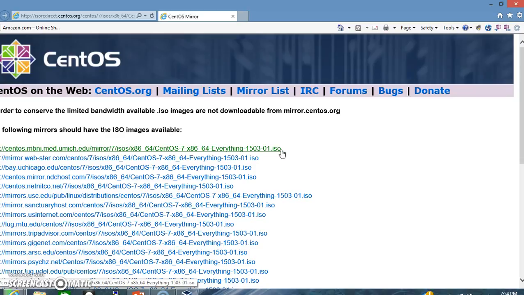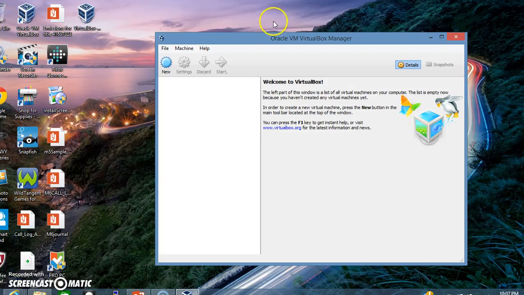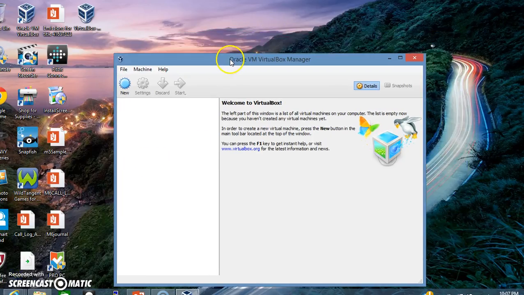And it takes several hours because it's about 8 gigs in size. And as you can imagine, that takes quite a bit of time. So I'm going to go ahead and skip to the part where we actually start installing, I should say, the CentOS 7 into the VirtualBox manager environment. Okay, so now we're back to the Oracle VM VirtualBox manager,